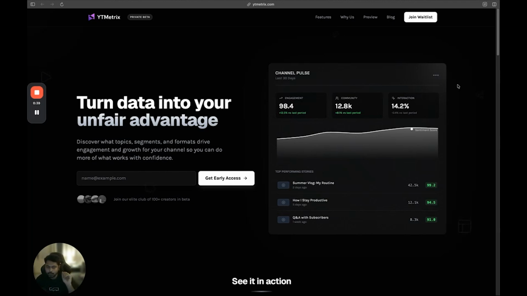They tell you your retention dropped at 30 seconds, but they never tell you why. Was it the pacing? Was it a tonal shift? You have no way of knowing, and they leave you guessing. While the current tools give you quantitative metrics like views, CTR, and watch time, they completely ignore the qualitative attributes, which is the actual content of your video. They can't tell the difference between a high energy vlog and a deep dive tutorial. They just see numbers. This leaves you guessing.